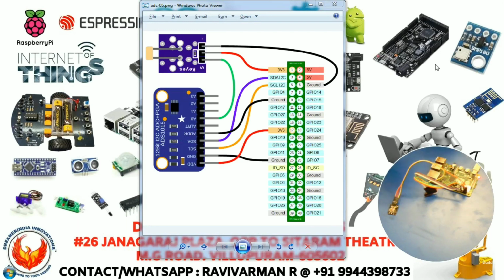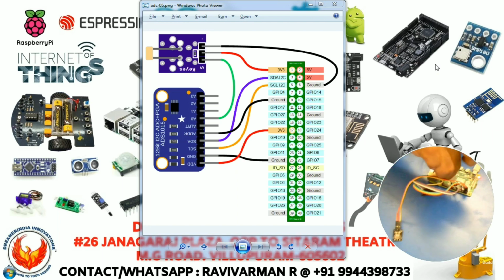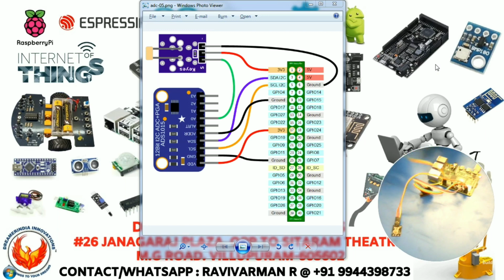I'm going to connect the ground here, and next to the ground I'm going to connect the LEDs. Okay, so the LED is connected now. So we can write some code for the LEDs.